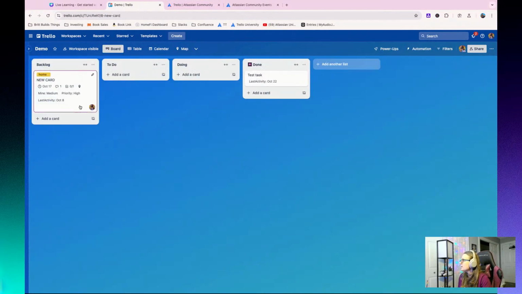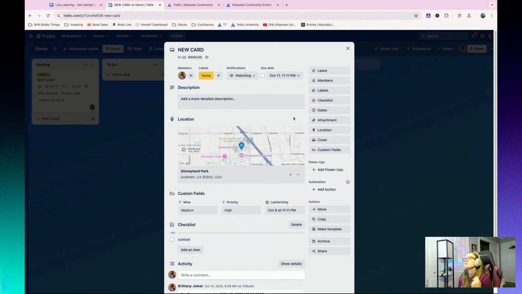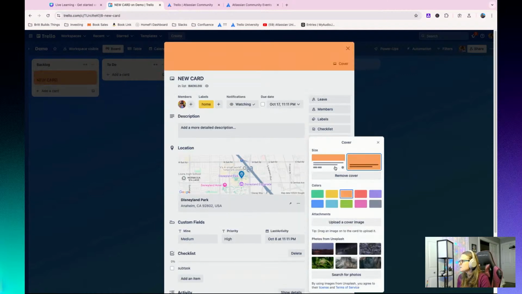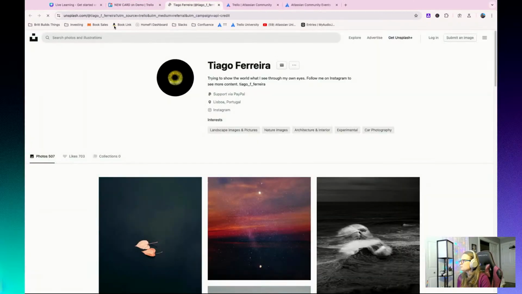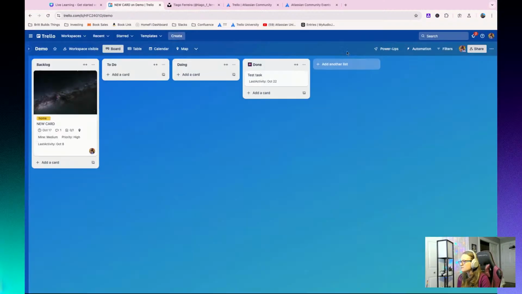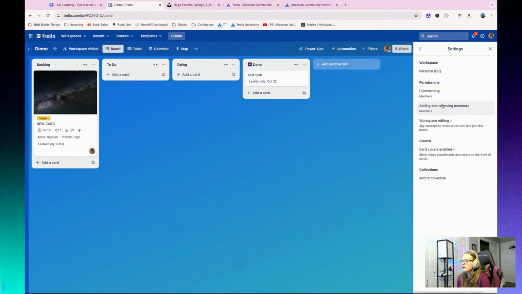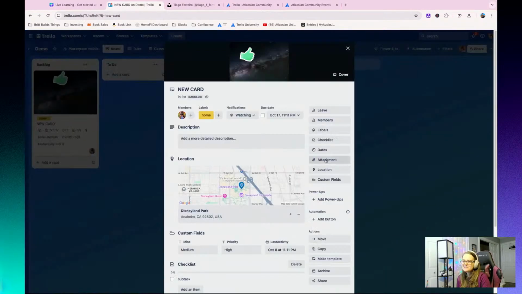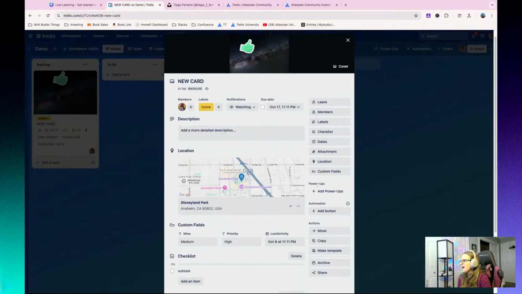So if you're not doing anything with that, like job deliveries or planning routes, you may not find that as useful, but for those who do want that, it is actually pretty cool. And then there are different things you can do to style your cards. You can add covers, upload cover images, and add stickers. That's more of a board level thing, but it's a fun way to style your cards. So that's all of the different things that you can add to cards over here.